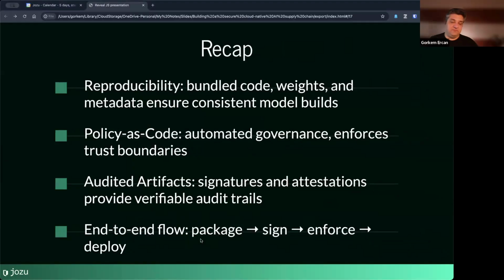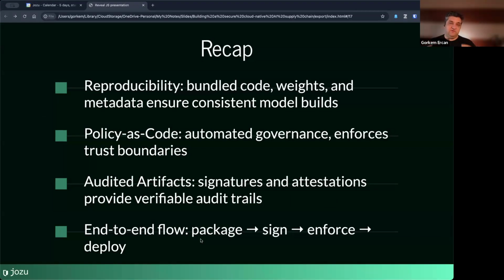All right, let's recap. One of the things that is good about ModelKits and the way we package the AI/ML artifacts is it doesn't only bundle the model weights. As you have seen with the wine quality model, it bundles code, it can bundle weights, it can bundle datasets, but also it bundles the metadata.